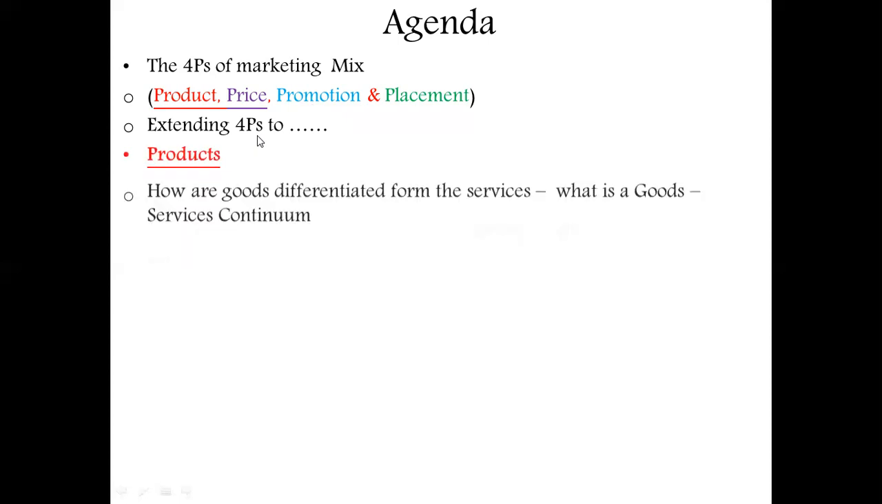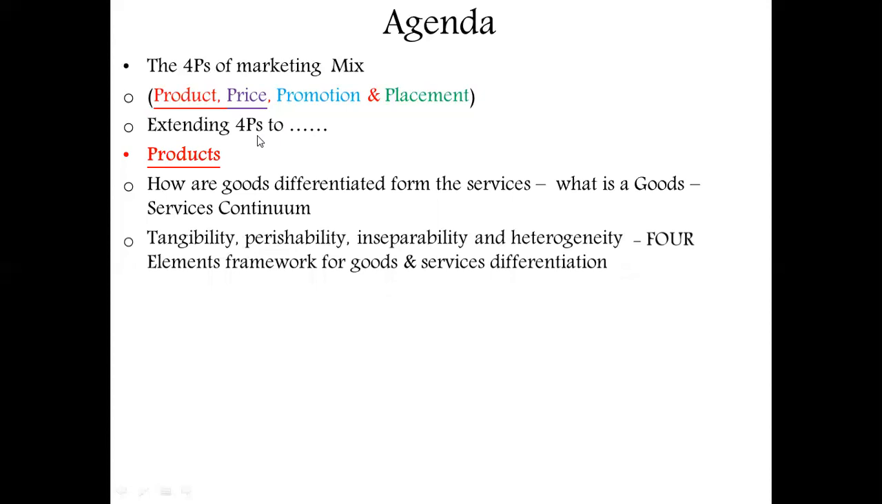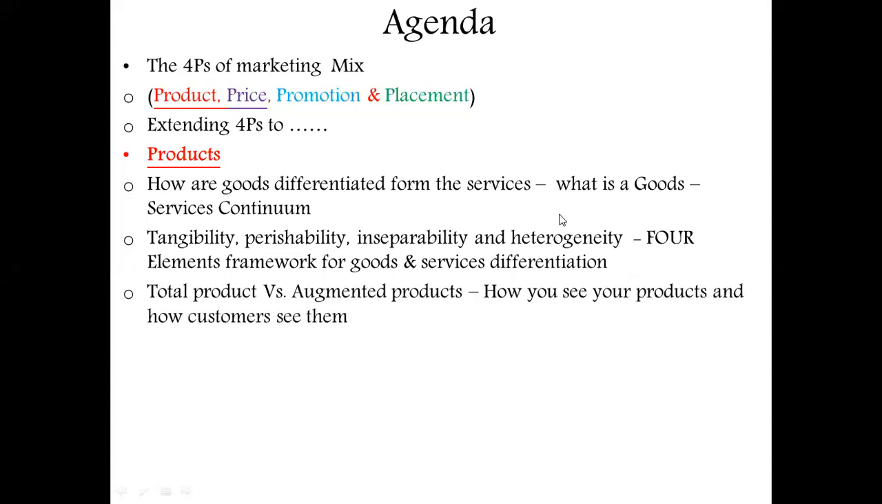We look into product: how are goods differentiated from services? Because both goods and services are products. So how can we differentiate between them, or what is the good to service continuum? We'll also look into the 4 elements framework for goods and service differentiation, and we will consider tangibility, perishability, inseparability, and heterogeneity. We will see the total product versus augmented product, how you see your product and how your customers see them,